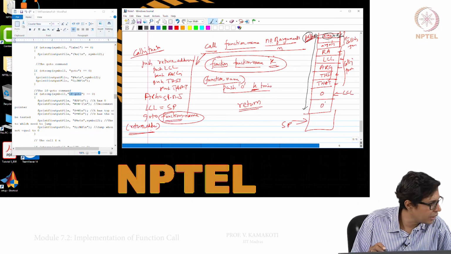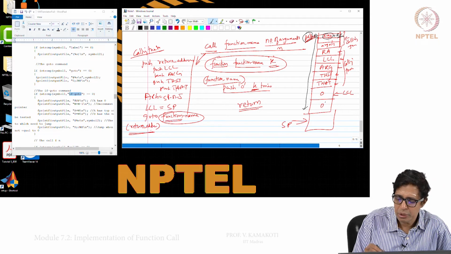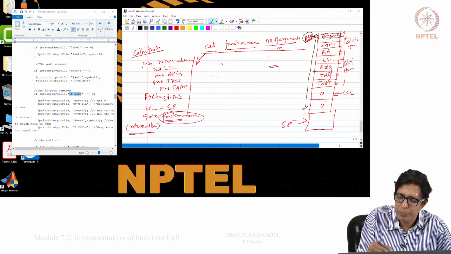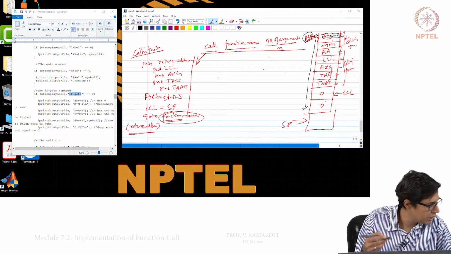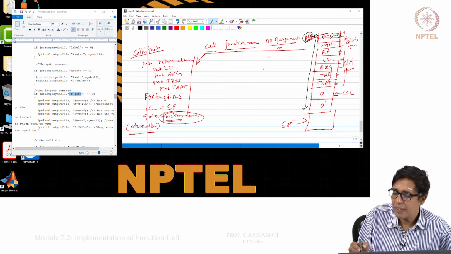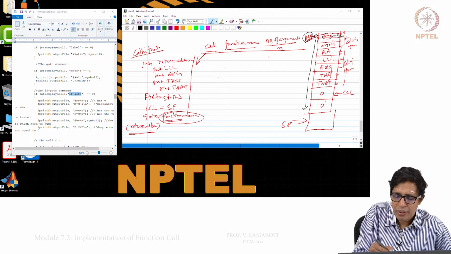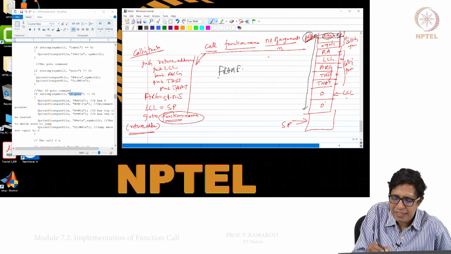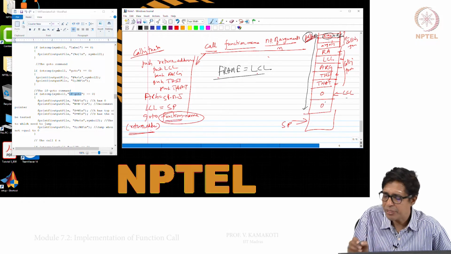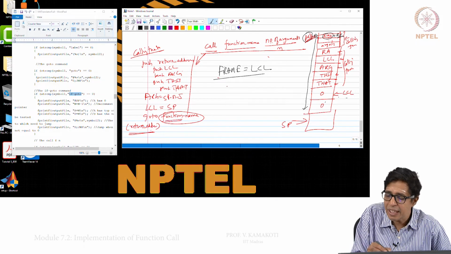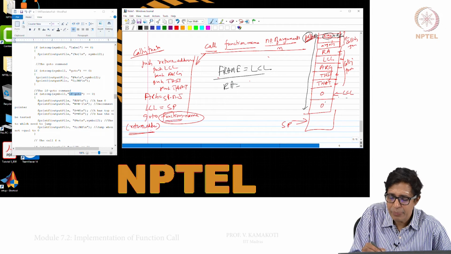So, how should the return work now? The return will be part of the called function. When I want to return, I will just say let frame be LCL. Now, the return address will be the content of frame minus 5.